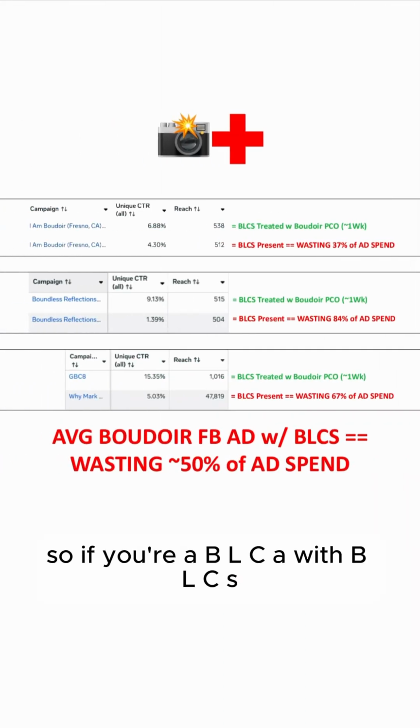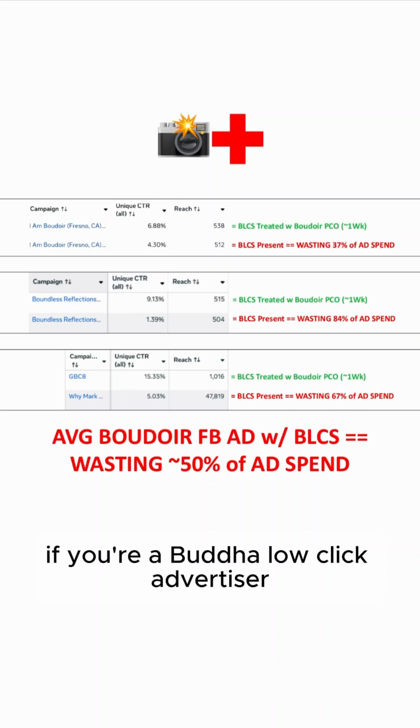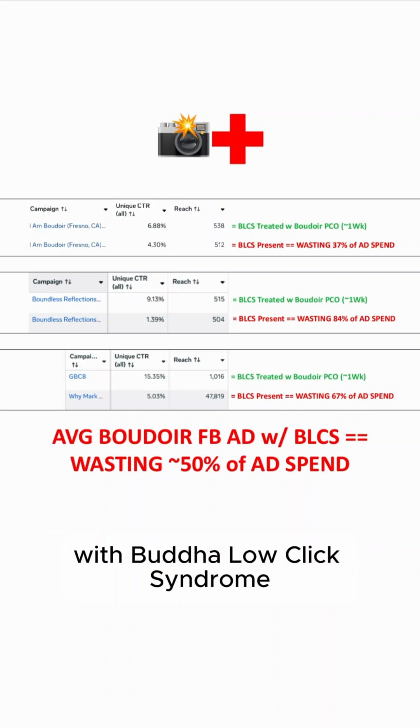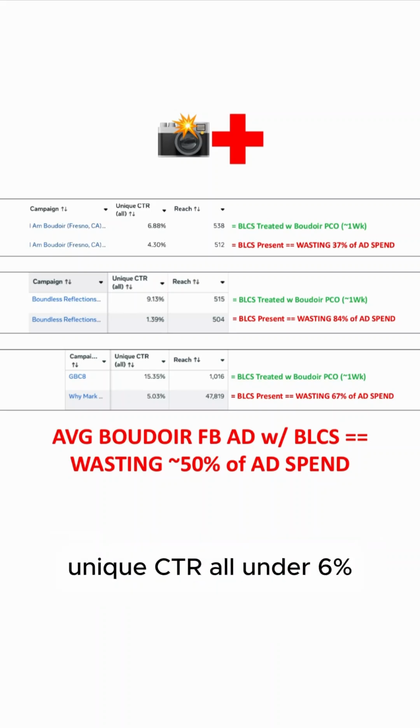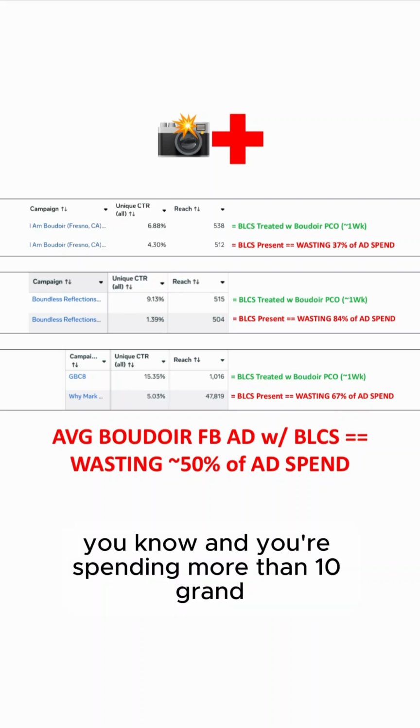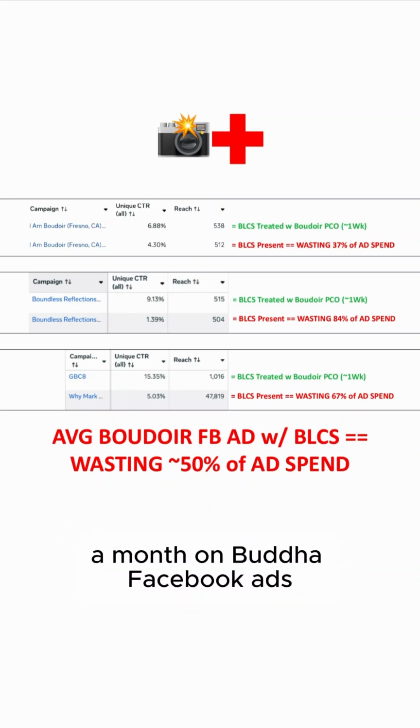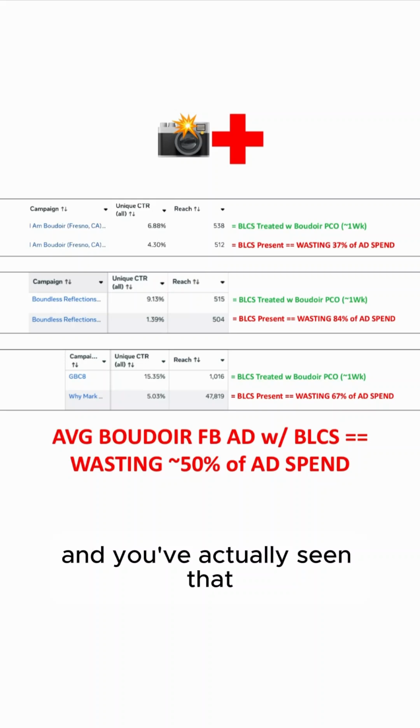So if you're a BLCA with BLCS, if you're a Boudoir low click advertiser with Boudoir low click syndrome, unique CTR under 6%, and you're spending more than 10 grand a month on Boudoir Facebook ads,